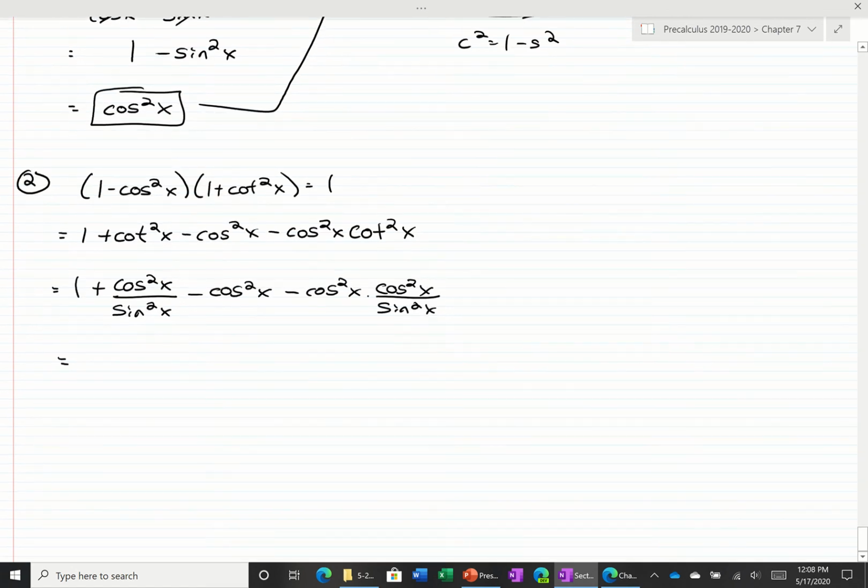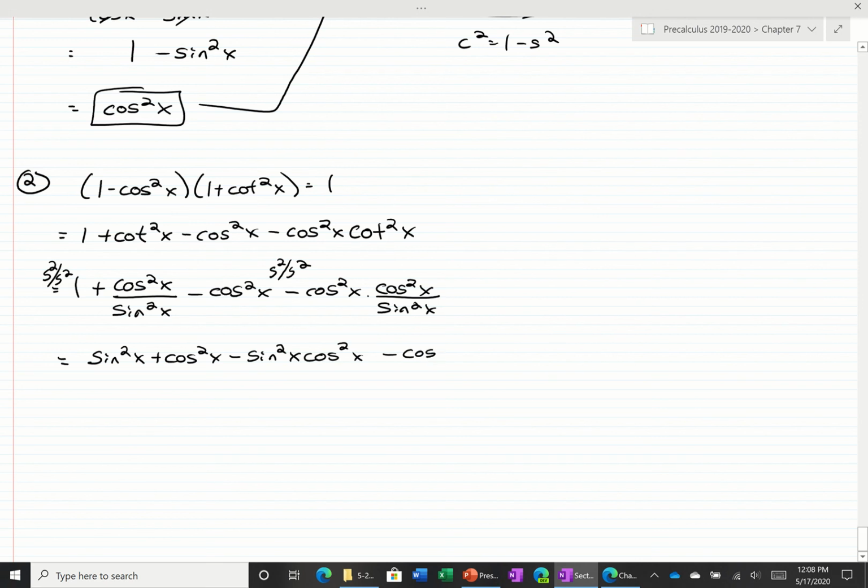And let's see. Looks like we have sine squared in our denominators here, so I'm going to have to multiply this by sine squared over sine squared. Multiply this one by sine squared over sine squared. Let's see what we get. Well, sine squared of x plus cosine squared of x minus sine squared of x cosine squared of x